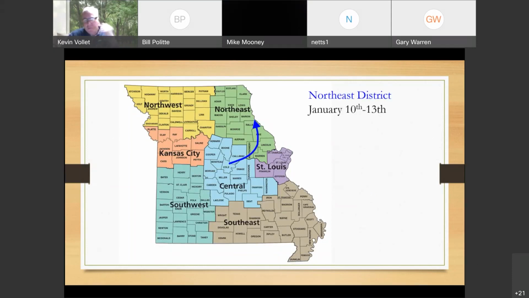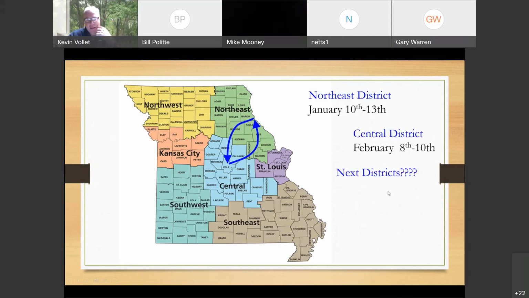And then once we're done with Northeast, we're going to head back down to the central area of the state and do Central District on, and I don't know if you can see those dates, I'm going to move that over, February 8th through the 10th. Again, we're going to show up on the 8th, set things up in the classrooms, but we're going to start the next day at 8 o'clock training ORD and try to get everything done in 1 day as far as the training goes. So the next districts after that, it's up in the air.